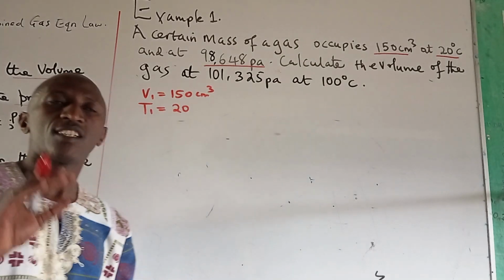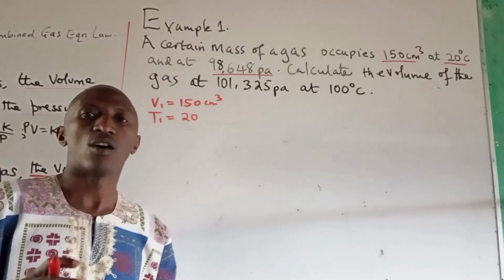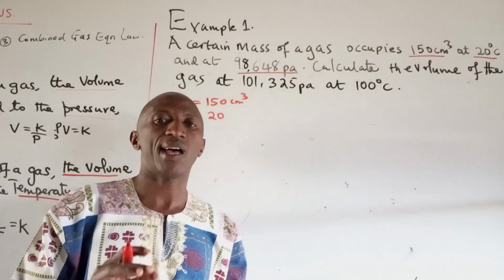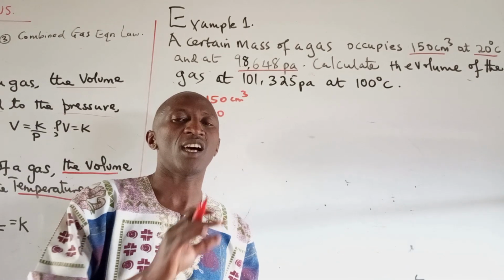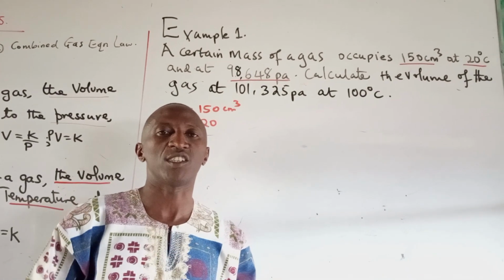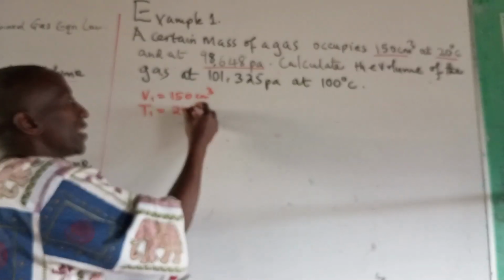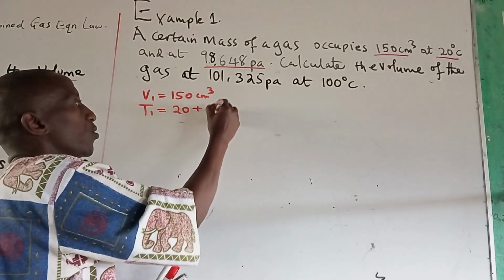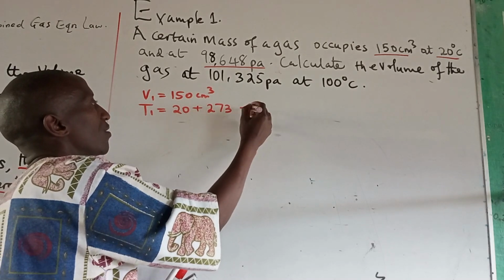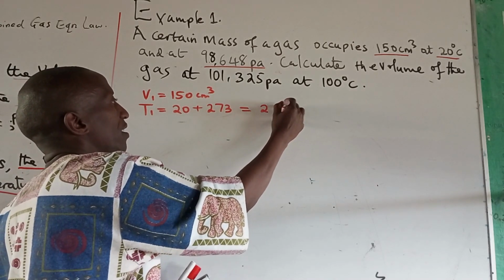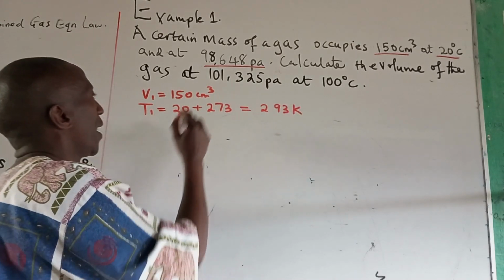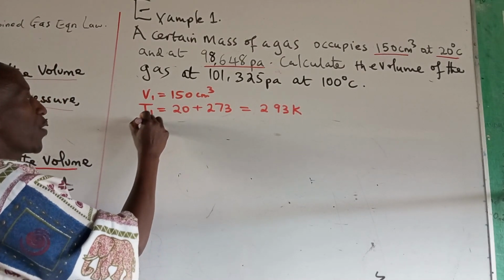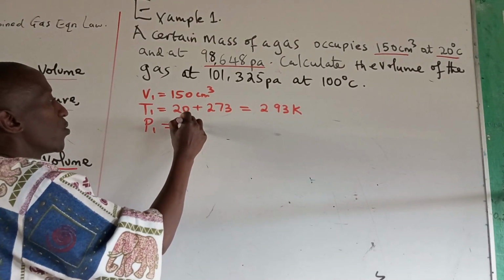The temperature is measured at the absolute temperature scale, what is normally called the Kelvin scale. So to convert 20 degrees to Kelvin, we add 273, and that gives us 293 Kelvin. And the pressure 1 is equal to